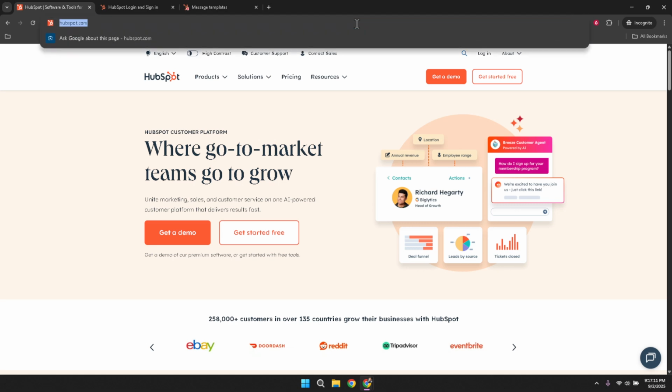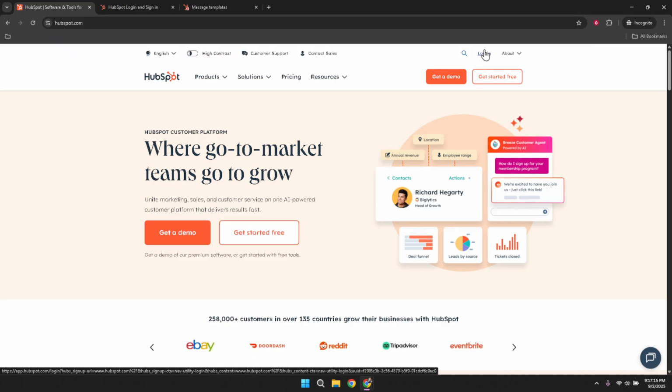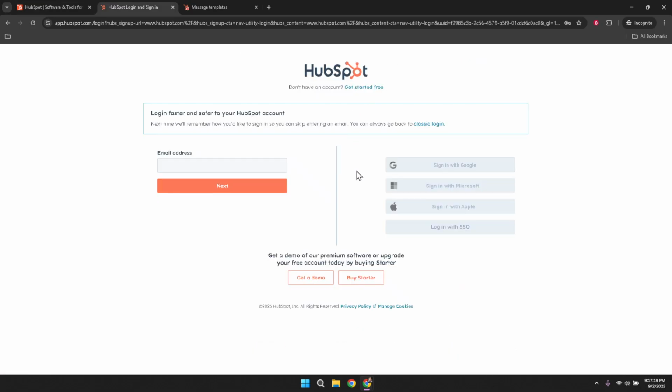Once you're on the HubSpot homepage, the next step is to locate the login button, which is conveniently situated at the top right corner of the screen. This button will take you directly to the login page where you can access your account. Navigating to the top right of the site is straightforward, and it's always helpful to remember this location for quick